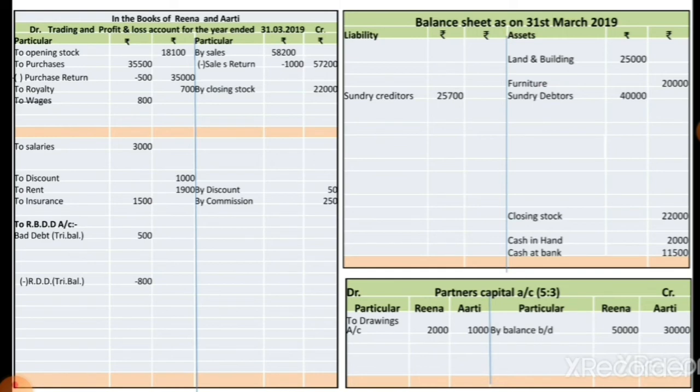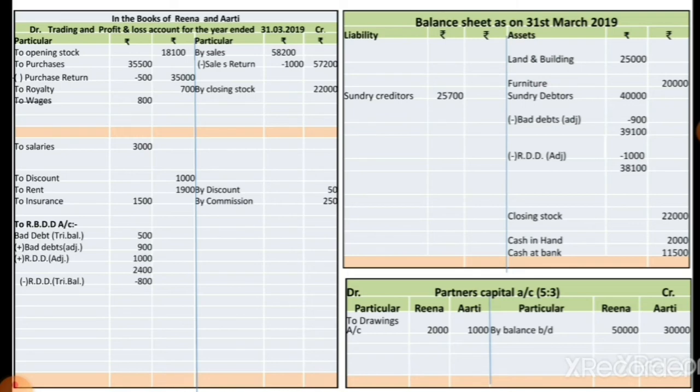Second effect of it is recorded on the asset side, it is a current asset, that's why on the asset side it is recorded as 22,000, directly in the outer column. Now next, see the second adjustment, where there is bad debts of rupees 900, and create a provision for reserve for doubtful debts of rupees 1000. Here we first deduct the bad debts in adjustment from the sundry debtors, which amount is 900, so balancing amount is 39,100. After that we deduct the RDD in adjustment, amount given 1000, so balancing amount is 38,100.